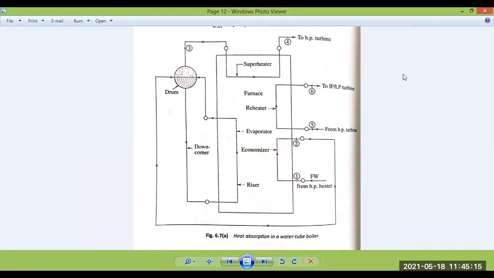Here, what is shown is the process in a schematic diagram of the method of heat generation in a water tube boiler. What is going on here? First,